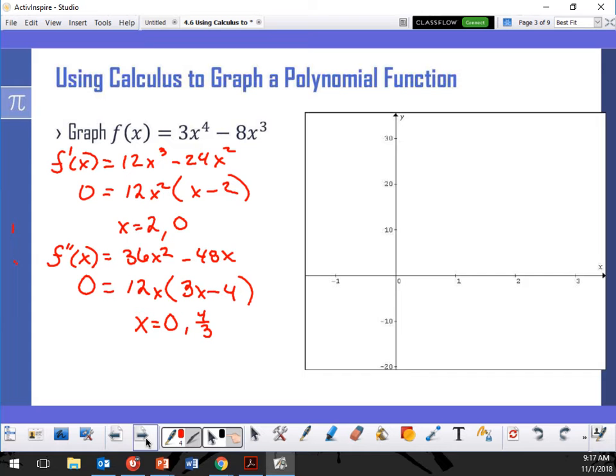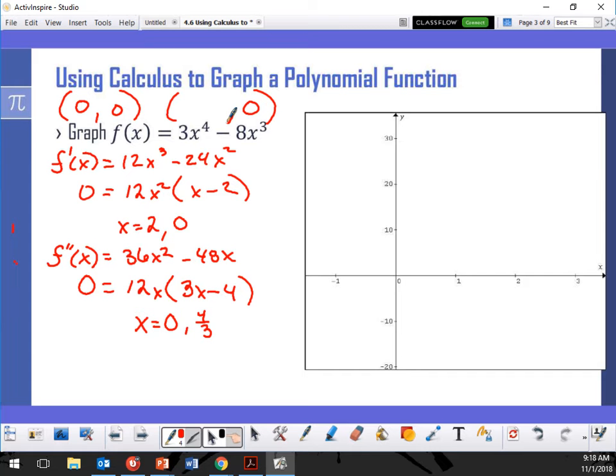Set x equal to 0 also, right? I can set y equal to 0, and then I set x equal to 0. That's going to give me my intercepts. So when x is 0, I get a y value, right? Yes. So when x is 0, I get 0. Very good. And then when y is 0,